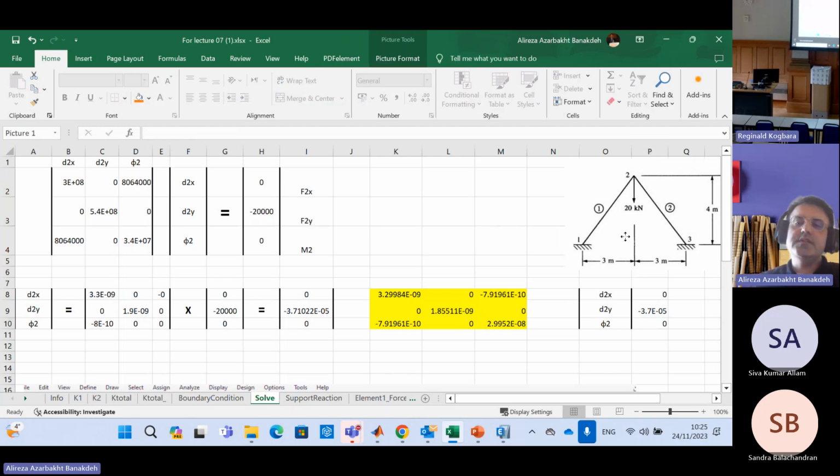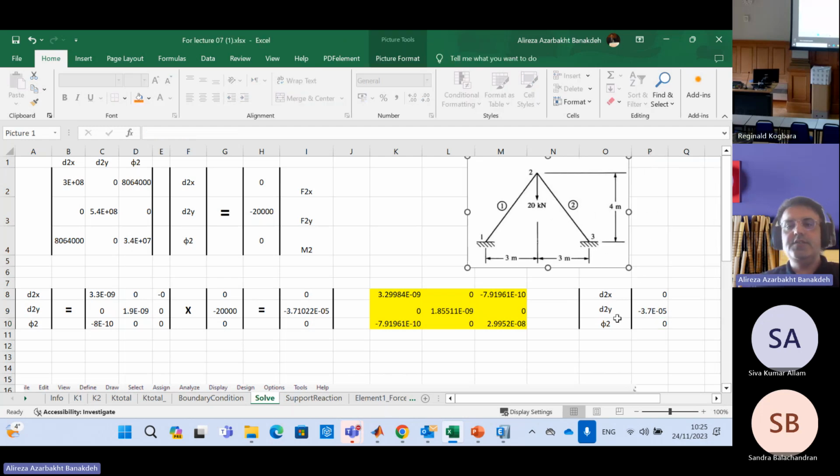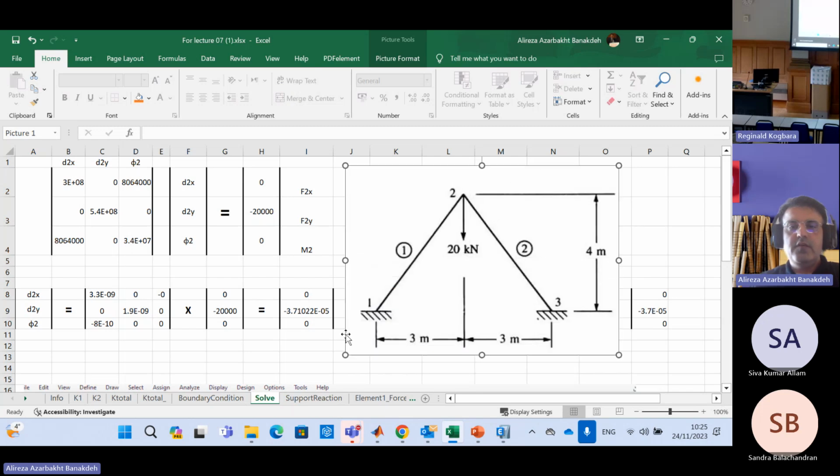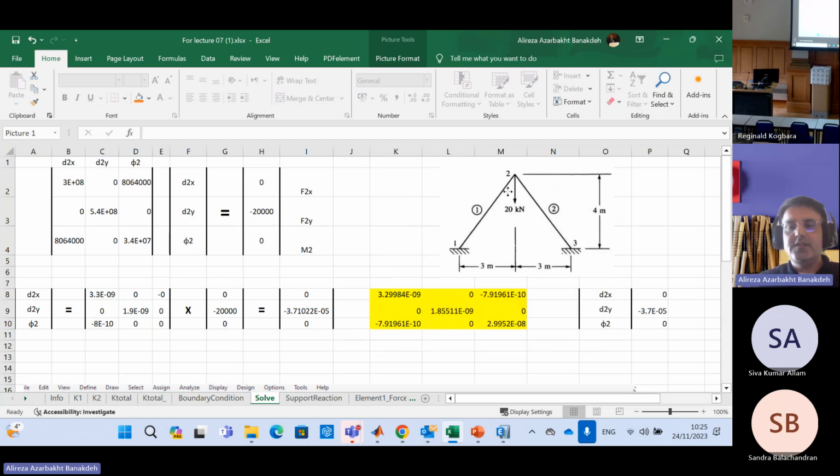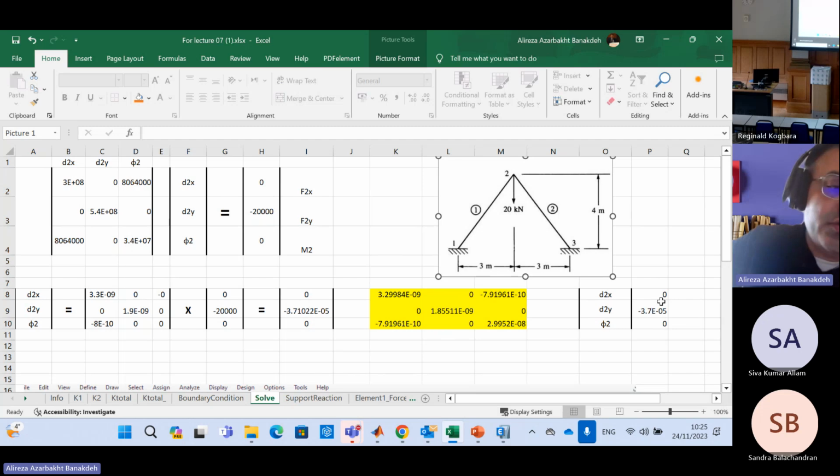To be honest, you could imagine that D2x is 0 because for this structure, the external force is only vertical and the structure is symmetric. So if you remember from the undergraduate structural analysis module, when you have a symmetric structure and your external force is symmetric, you don't have any horizontal deformation like the delta 2x. So I could predict this delta 2x equal to 0, but I didn't want to use this information in my problem because